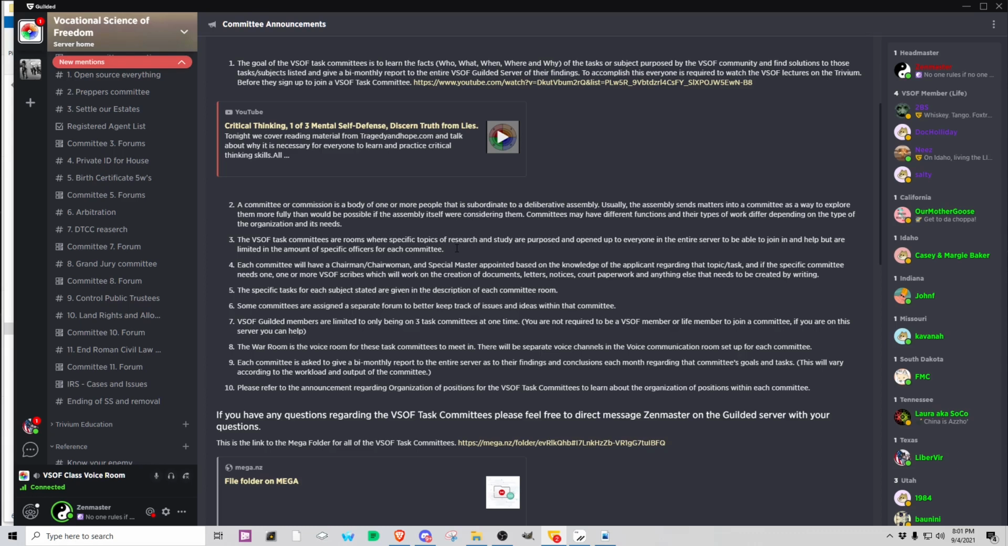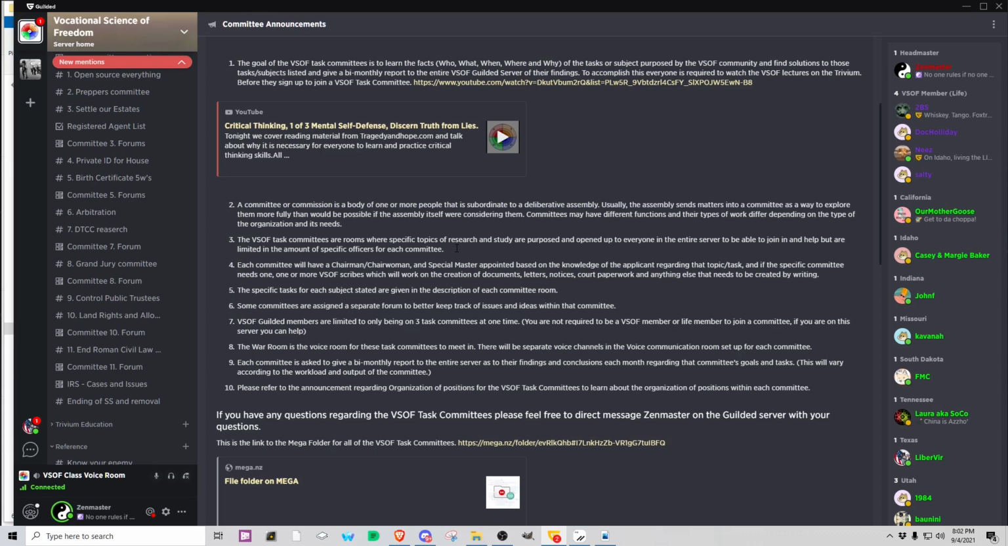If the specific committee needs one or more, VSOF scribes will work on the creation of the documents, letters, notices, court paperwork, and anything else that needs to be created by writing. So if it's strictly a research committee, there won't have to be a VSOF scribe assigned to the committee. However, if the committee is something that will require creation of paperwork, like, say, for example, the private ID for your house, then we'll make sure that someone